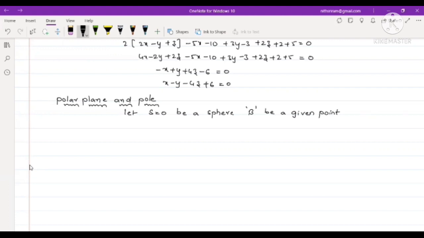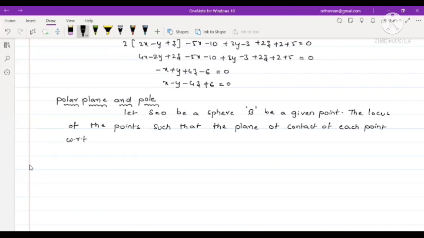The locus of the points such that the plane of contact of each point with respect to the sphere S is equal to 0 passes through the point